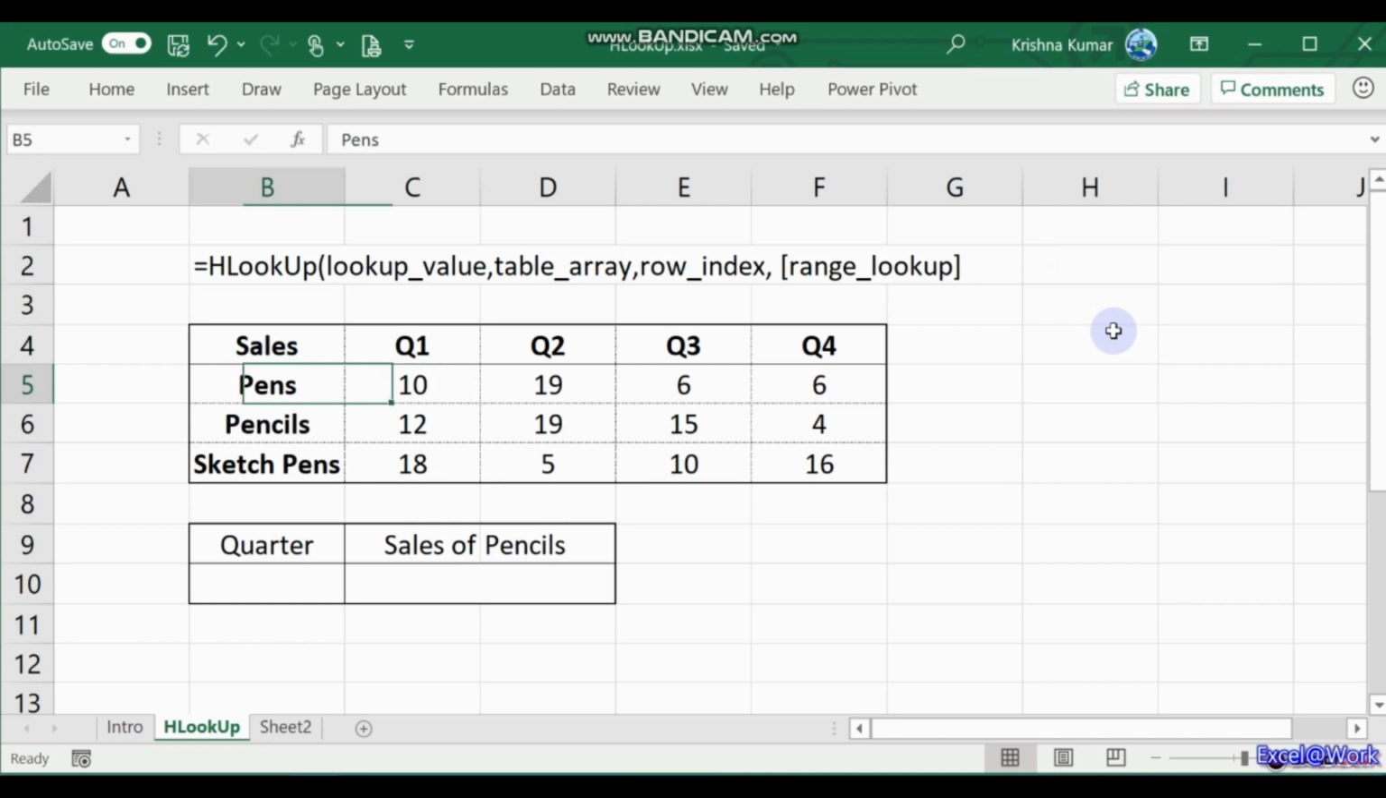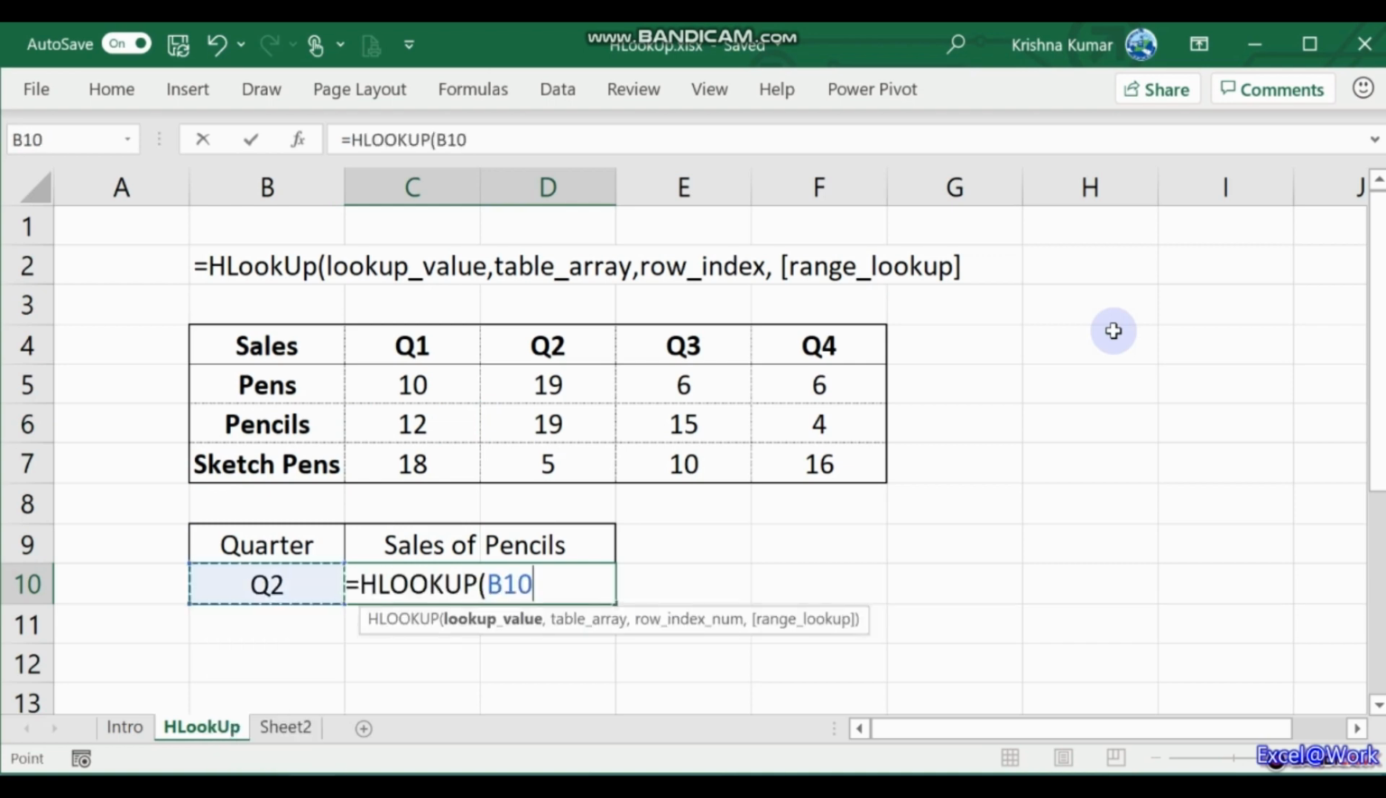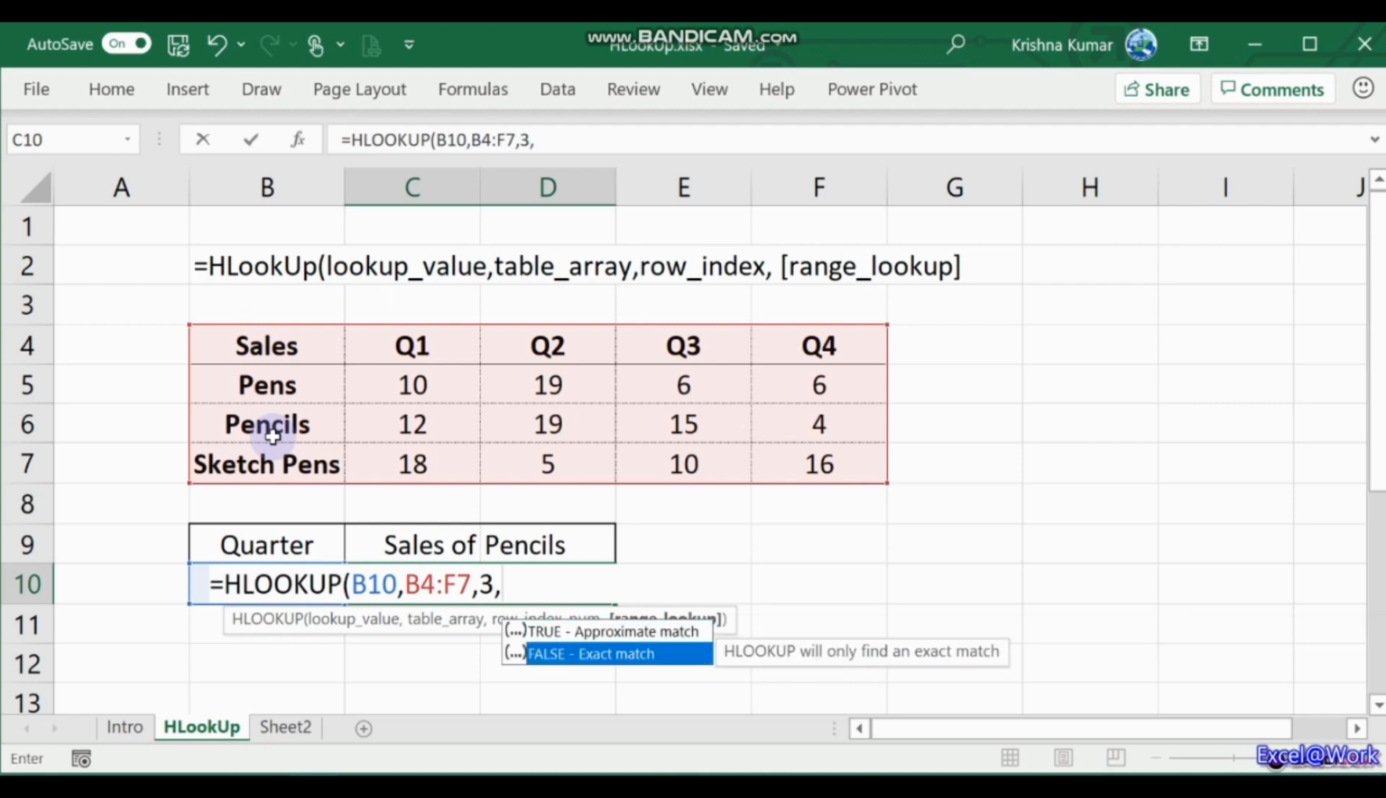So I need to know what the sales of pencils are for, let us say, quarter 2. Then for quarter 2, I require sales of pencils, that is 19 here. So I go for HLookUp. Lookup value is Q2, in the table array of sales, that is B4 to F7. The row index number of pencils is 1, 2 and 3, that is 3, and we need an exact match,